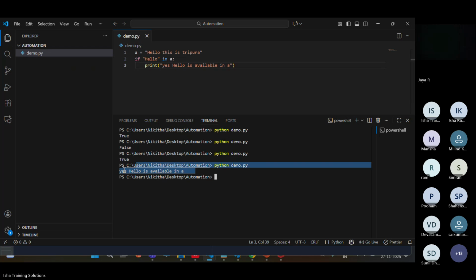See, it is checking whether a string is available in another string. This is very much useful for us in the list operators too. And similarly, in place of in, if I use not in, we are contradicting. We are checking whether, if the hello is not available in my A, then print yes, else,